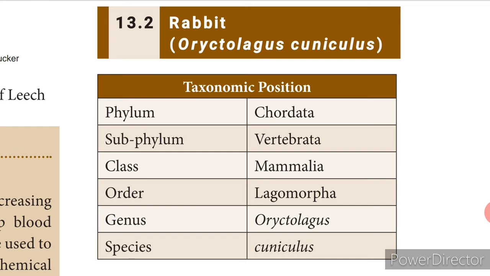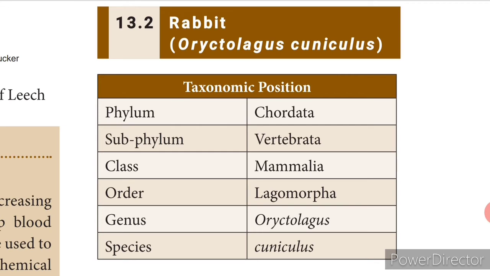Now we know that rabbits are gentle and soft animals, and it is herbivorous, which feeds on grass, vegetables, etc. And rabbits are gregarious animals, that is, they live in groups or move in groups. The body is cylindrical in shape, and both the male and the female have the same size, and it grows up to 45 centimeters. The weight will be approximately 2.24 kgs.